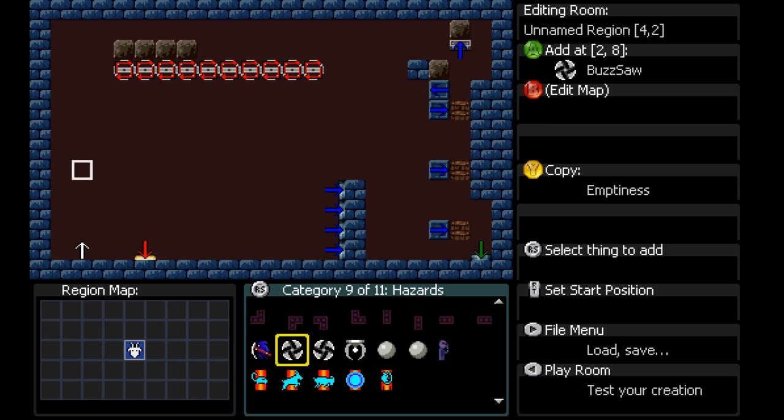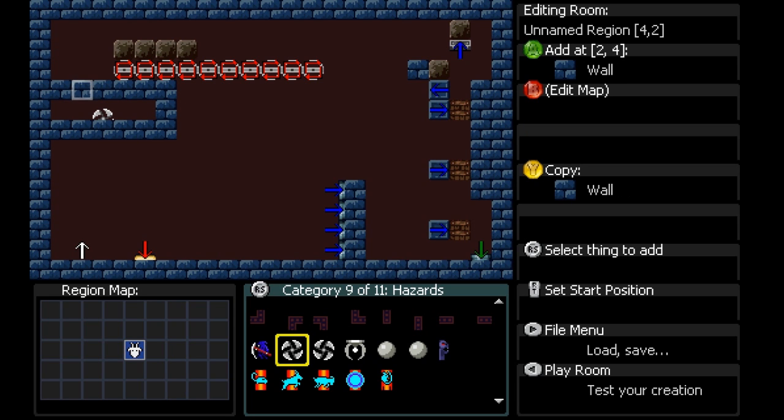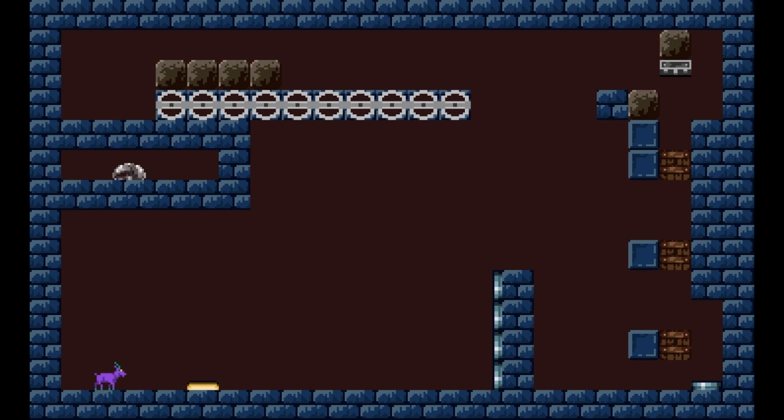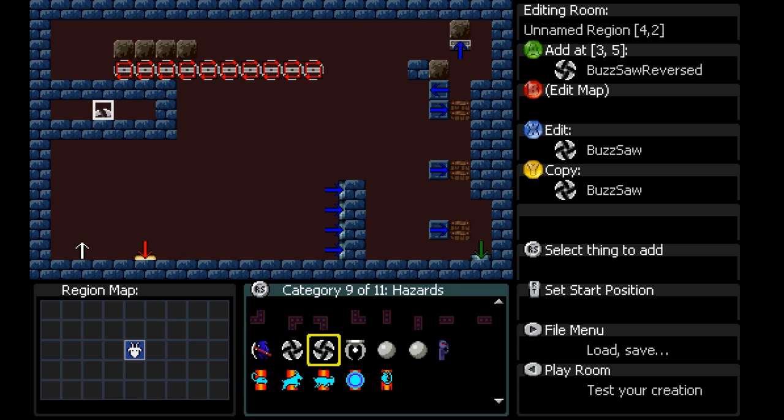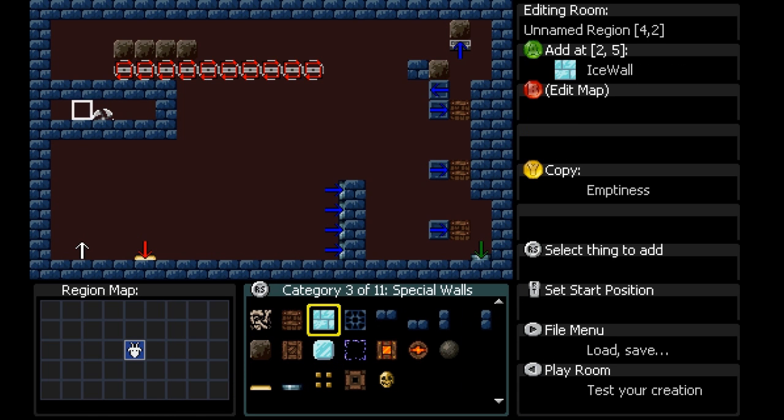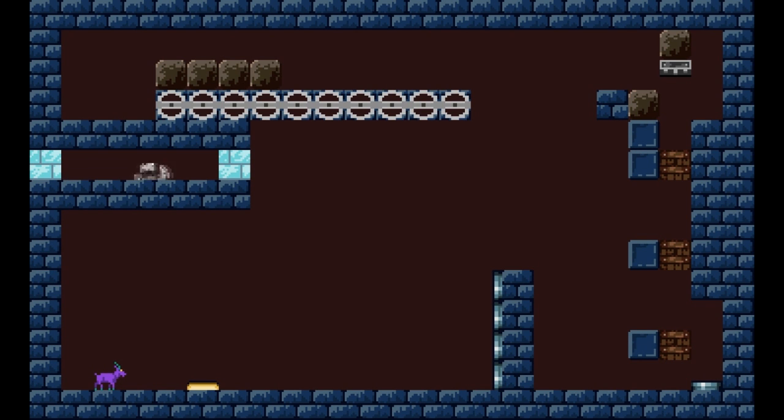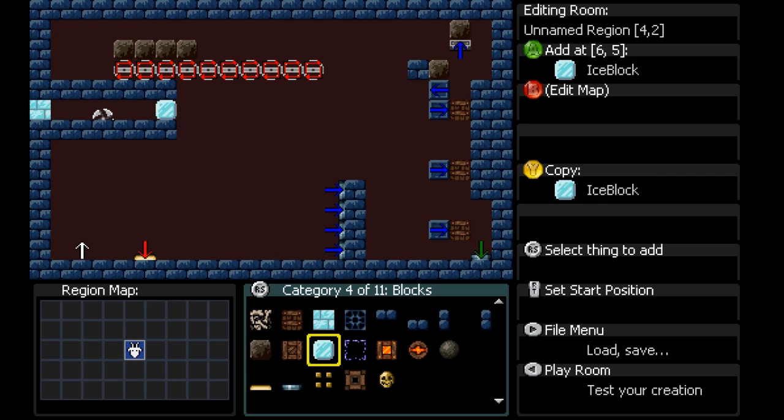So I'm going to have a saw blade. Now these saw blades will kill the player, will kill any creature in the game, and they move around the edges of walls like this, as you can see. In order to confine them, you can use ice, and they won't climb up the ice, so they just move back and forth. So if we want to make a gate for this guy, I'm going to put a movable ice block there,